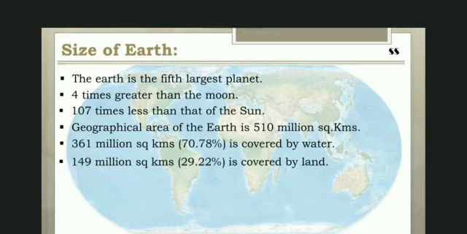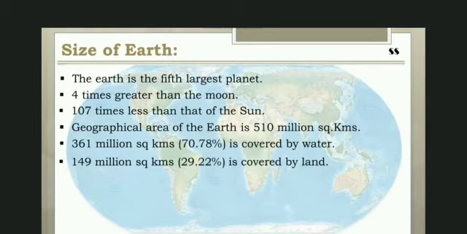The land bodies of the Earth are known as continents. So, there are 7 continents, namely Asia, Africa, North America, South America, Antarctica, Europe and Australia. The continents are land masses of vast size, children. Asia is the largest continent in the world, while Australia is the smallest continent in the world.